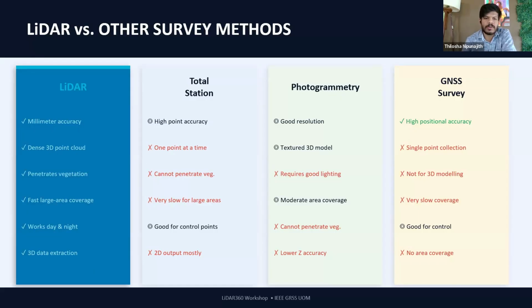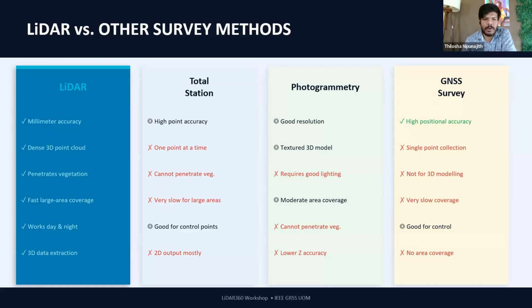But since we are talking about 3D geospatial data, LiDAR is quite prominent, and it comes in handy in many ways. And when it comes to accuracy, with large point cloud data, this kind of accuracy is quite impressive, and it is also impressive for other surveying and geospatial data collection methods as well. And when it comes to a textured 3D model, compared to deriving this 3D model using photogrammetric data,